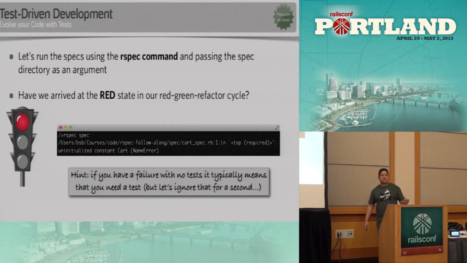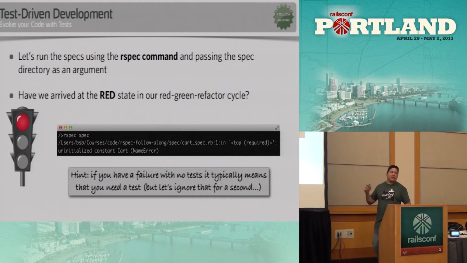Now, in practice, I don't always use the simplest failure that I could get. Sometimes I fast forward a couple TDD cycles in my mind. The trick here is not to fast forward too far, where you start basically losing track of some of the dependencies that might be in there. So early on, it's okay to fast forward. Later on, you will pay for it.